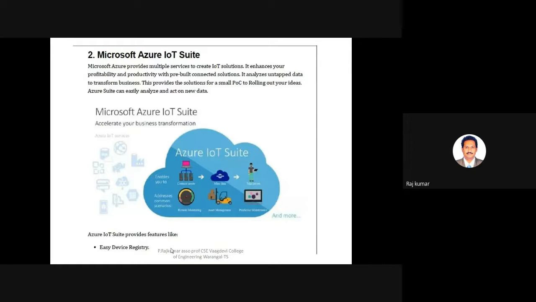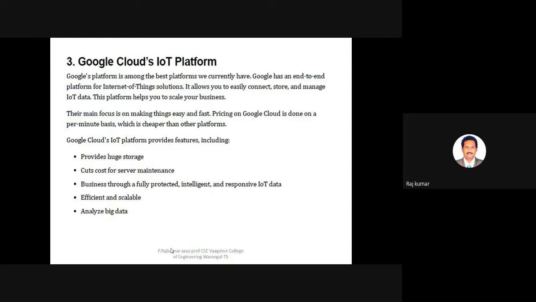So these are the cloud service providers, especially for IoT. And as you all know, Google Cloud is also one of the providers for IoT platforms. The advantage is that most people who use a smartphone already have a user ID and password or some account.